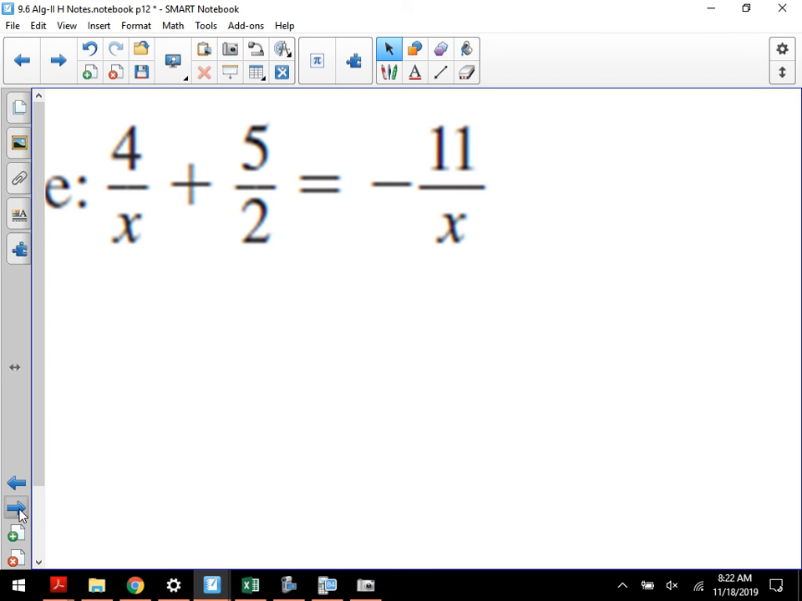Now, let me ask you this. What can't x be? 0. Why? Because it's undefined. You can't divide by 0. That's what you call an excluded value. So in this case, we know that x can't equal 0. But what would your common denominator be? 2x. So if I multiply everything by 2x,